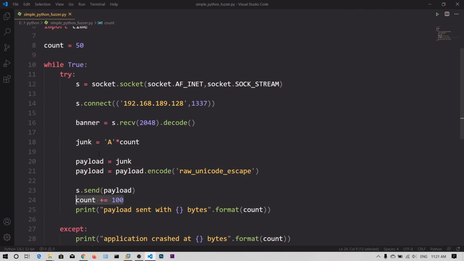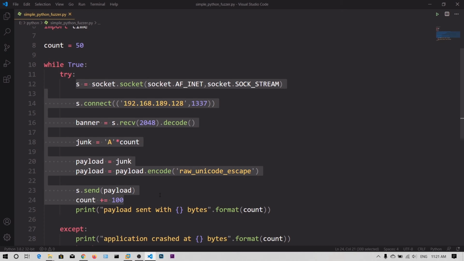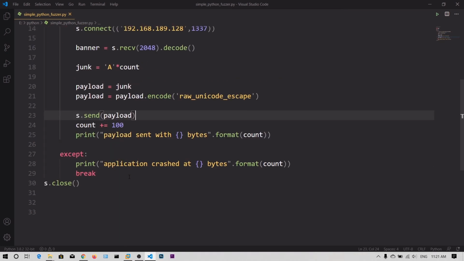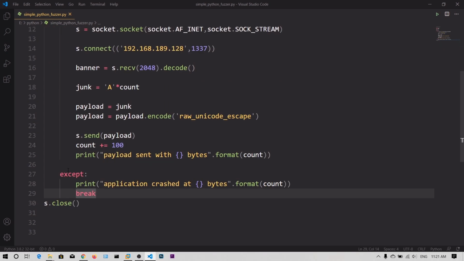Again we send 150 bytes of A, and if the application did not crash, we loop over this try block again and send 250 bytes. If the application has crashed, then we get this exception, this print statement will execute, the loop will break and the socket will close.